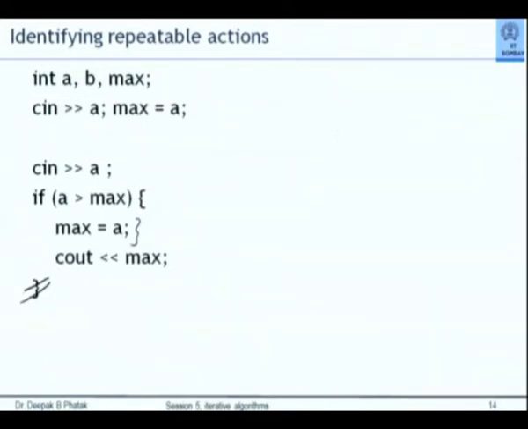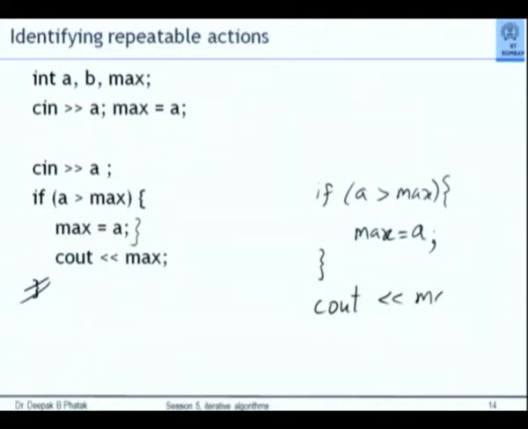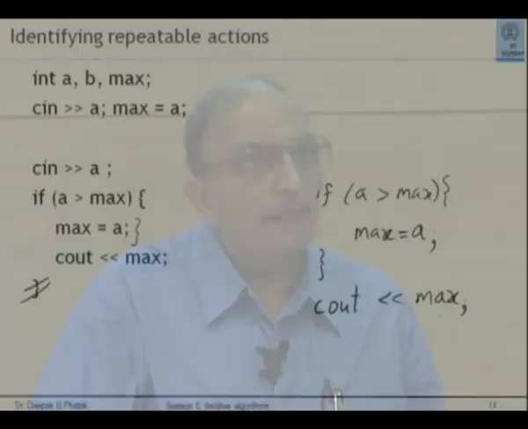So in fact, I should write this as if a greater than max. I could have written it by the correction that I have indicated here, but this is the better way of writing